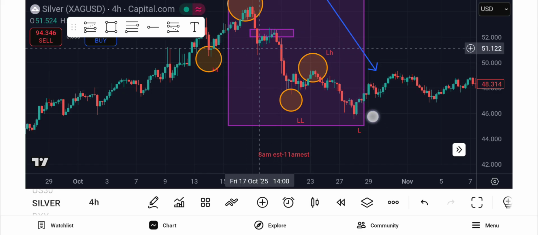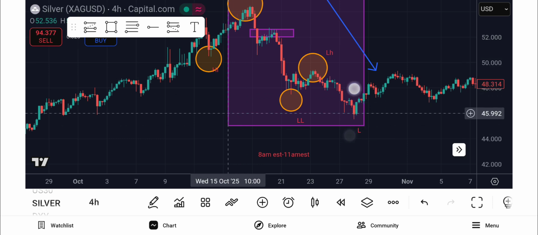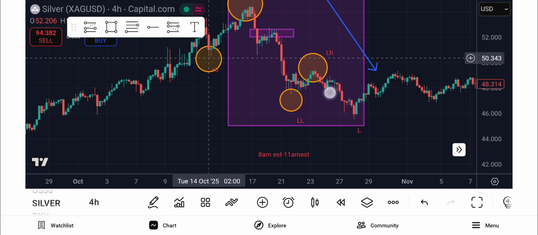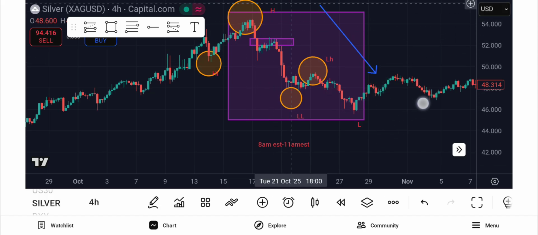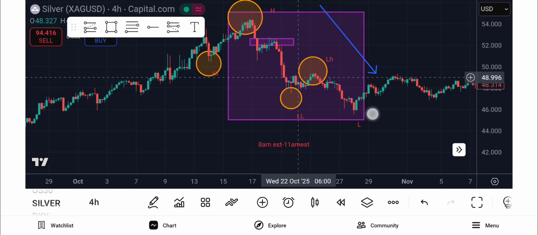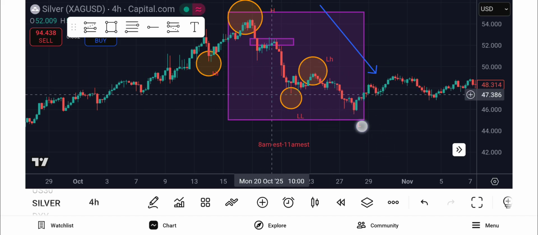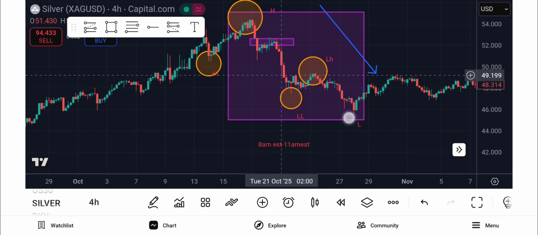But you really wouldn't use this one, because if you're on the 4 hour, this never broke this low, this high low. So you would probably ignore it, because for all we know, it could continue back up. You're just looking for fair value gaps after this high low gets taken. So this,